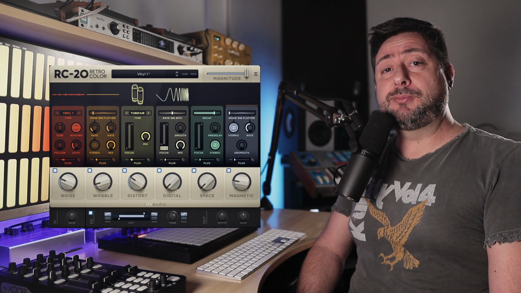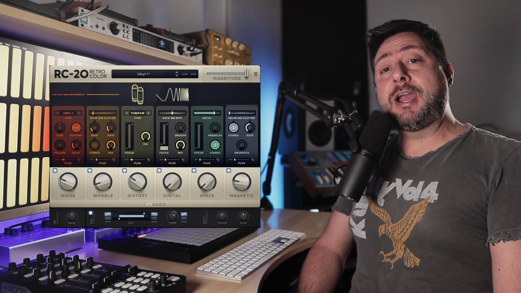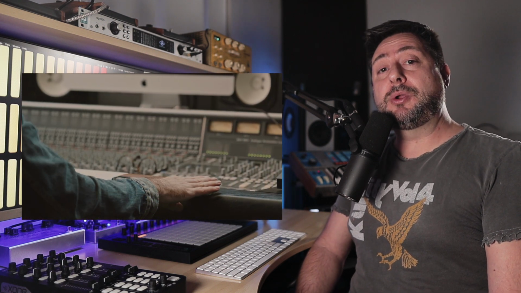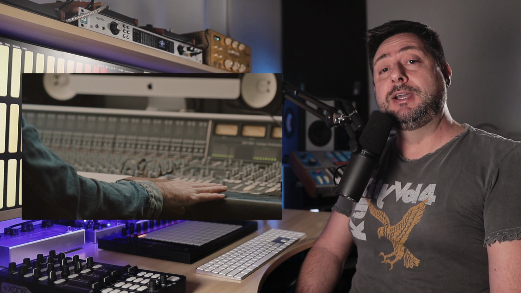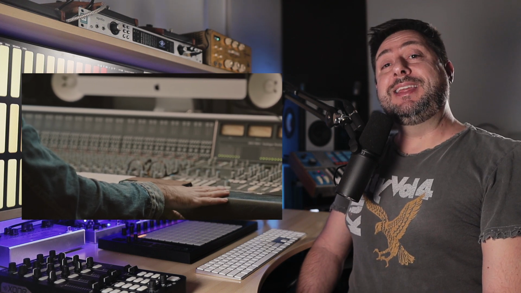The current obsession with vintage sounding recordings has brought a wide variety of tape emulation plugins to the market as a way of capturing the old school production techniques and sound. Tape saturation effects emulate the sound of a recording going to multi-track tape, just like it did back in the days of studio recording. Realistically, the entire signal chain was contributing to the saturated sound, from the sound of the preamps to the circuits in the console, and routing the track through various outboard effects, such as analog compressors and